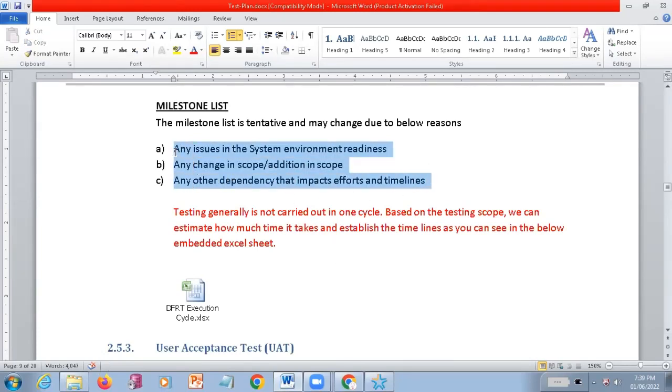See, almost you should meet the deadlines. If you are not able to meet the deadlines, you should give the proper justification. If there is no proper justification, some escalations are going to come. More escalations come into the picture. If your work is getting escalated to higher management, anything can happen.